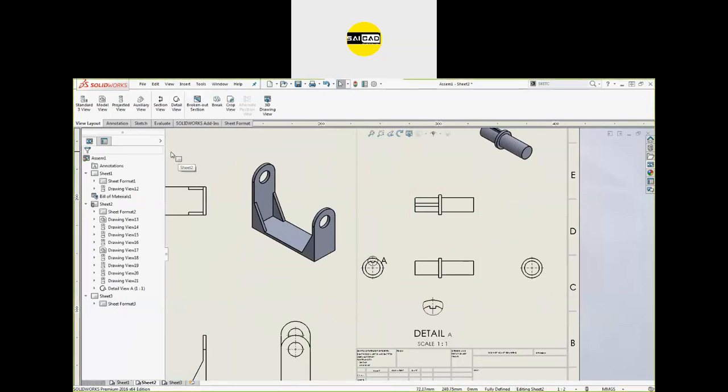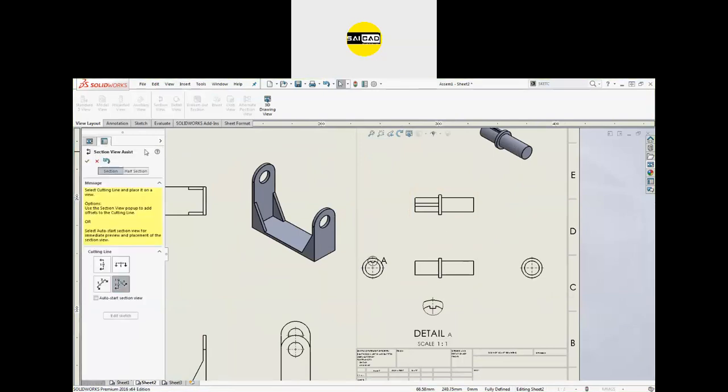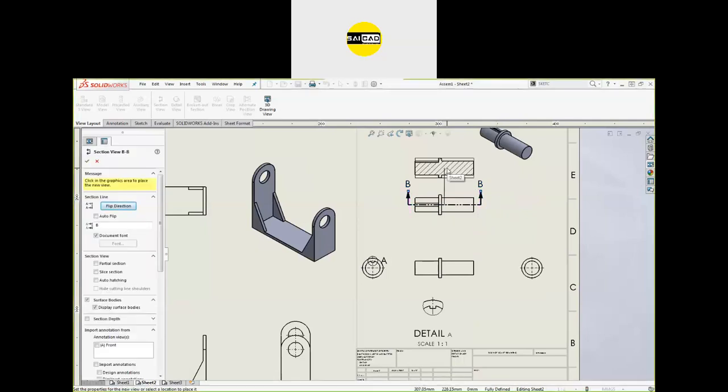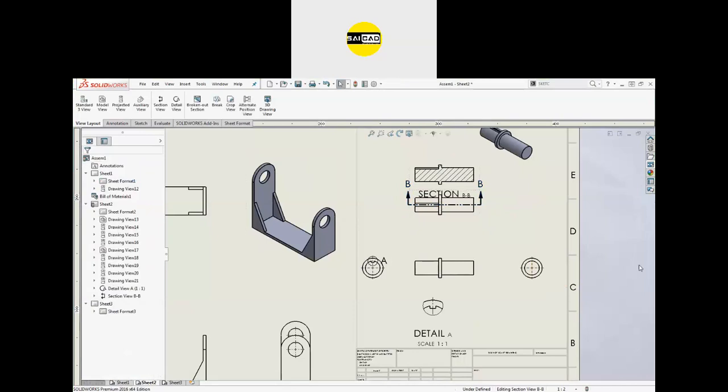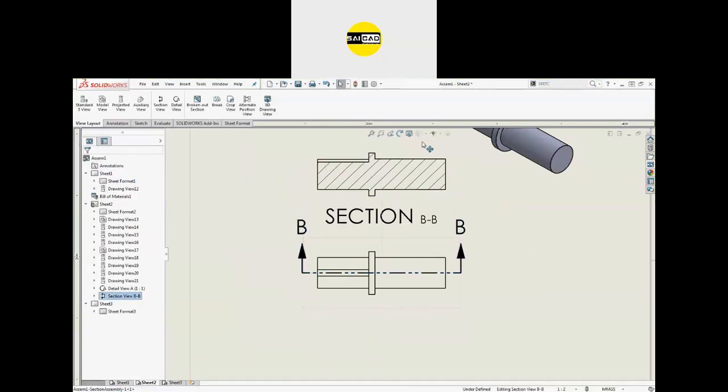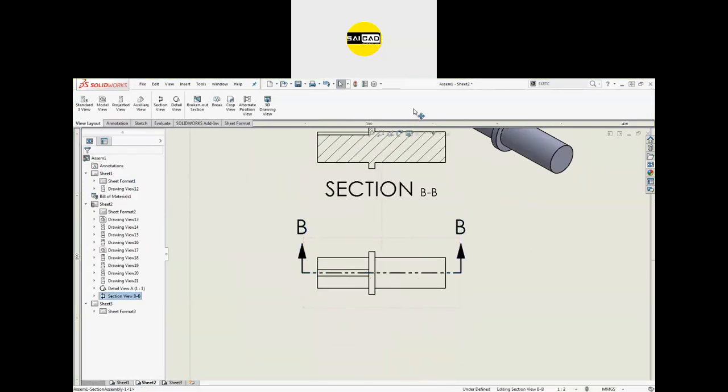Someone asked me how to move the section view. So go to the section. I want to create a horizontal one like that. It's okay, and we have a section here to go up or down. So click OK, and here is the section. Now to move, just go outside and select this box. You can move it like that.